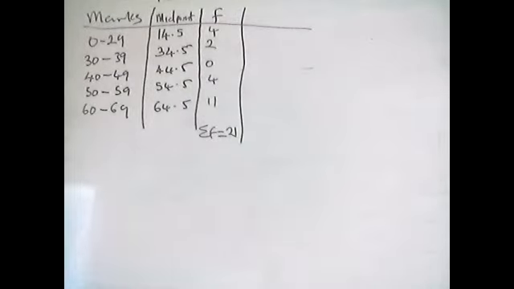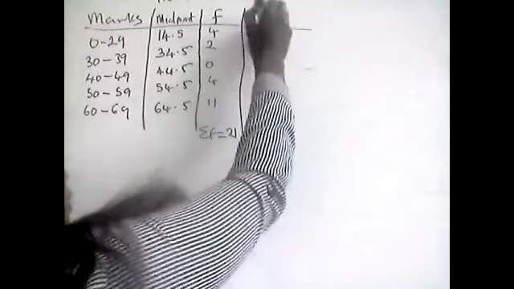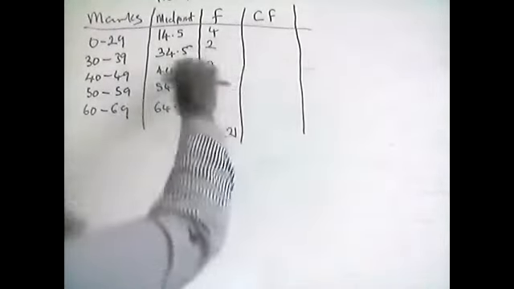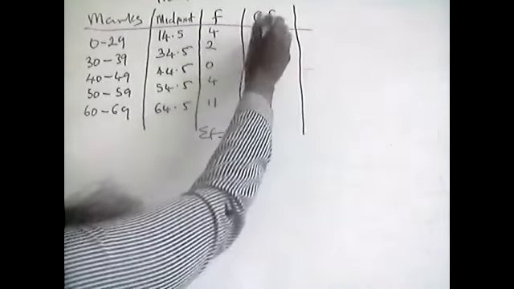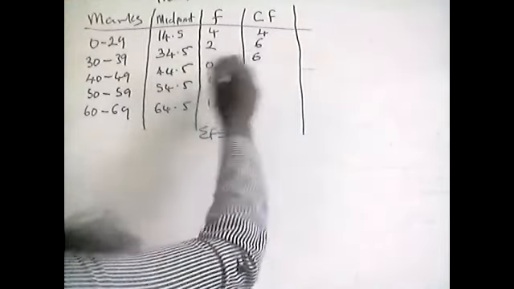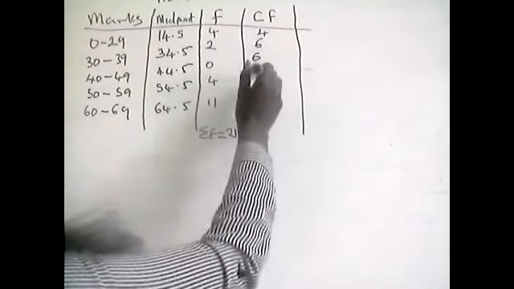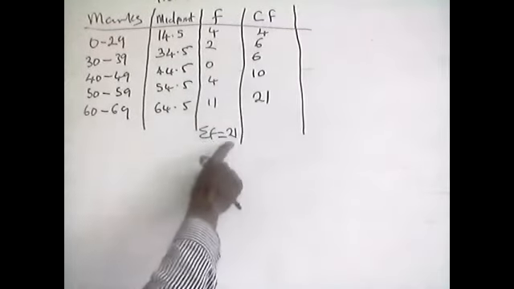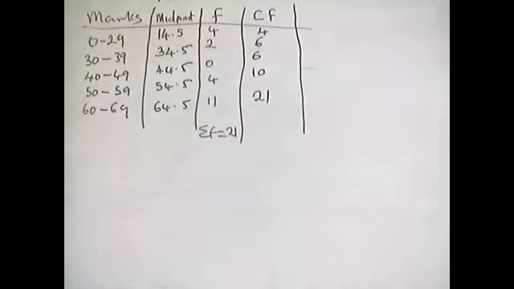And then we move to the next part, which is cumulative frequency. Very important. This column is also very, very important. So cumulative frequency, so we start with 4. 4 plus 2 is 6. 6 plus 0, 6. 6 plus 4, it's 10. 10 plus 11 is 21. So if I tell you I'm going to find a number here which is not equal to this, just say there's something wrong in your calculation. So now after we've done that,